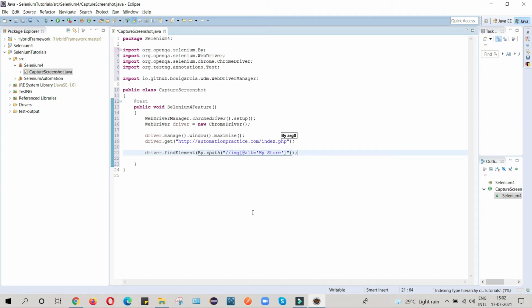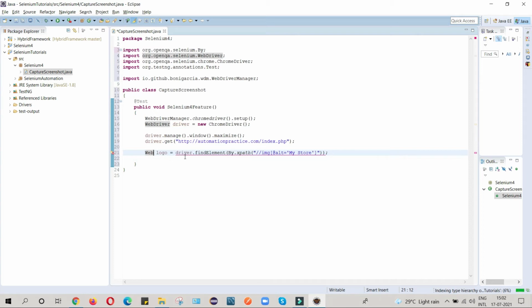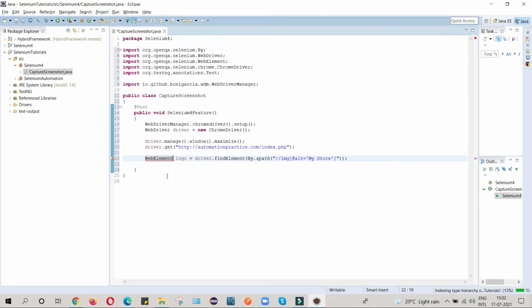I will also provide a variable for this element. I can write WebDriver, and I just give the name as logo. You can give any name. Okay, sorry, not WebDriver, it's a WebElement, and I will import my WebElement here.